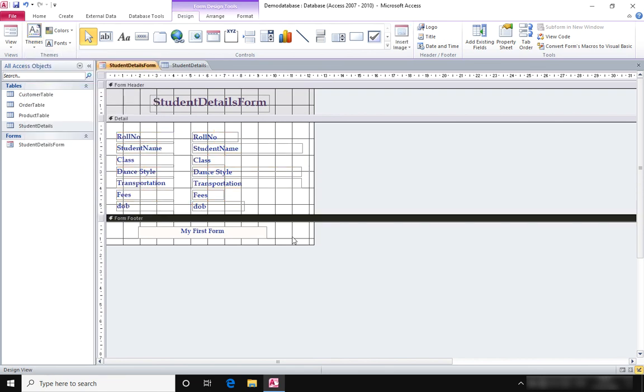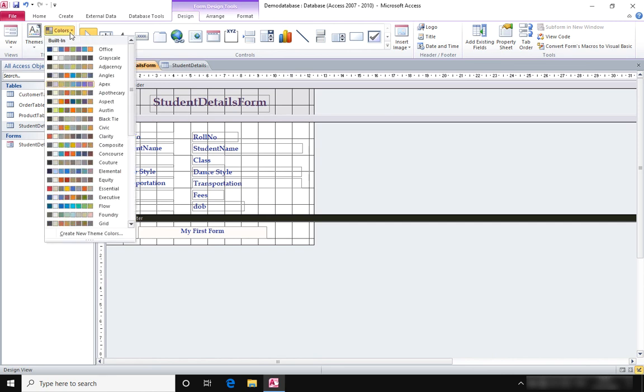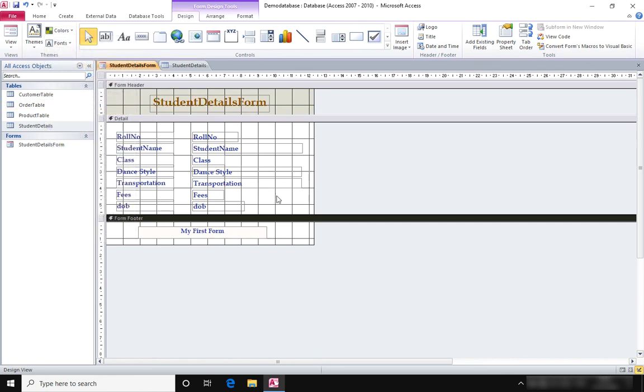As you know, theme is a pre-configured combination of formatting styles which is applied to all the sections of your form at a single click. So this helps us quickly apply appearance related settings to the forms. You can have the different color combinations for a selected theme also. The things will be done easily.